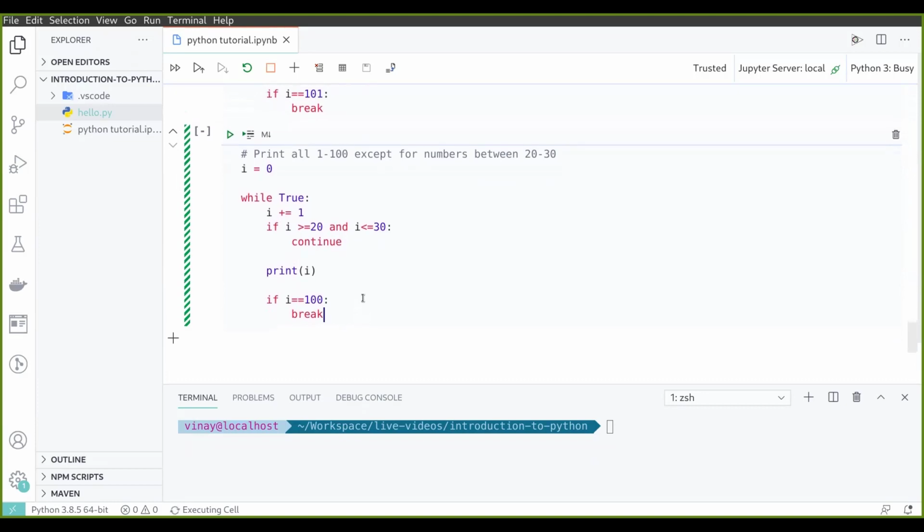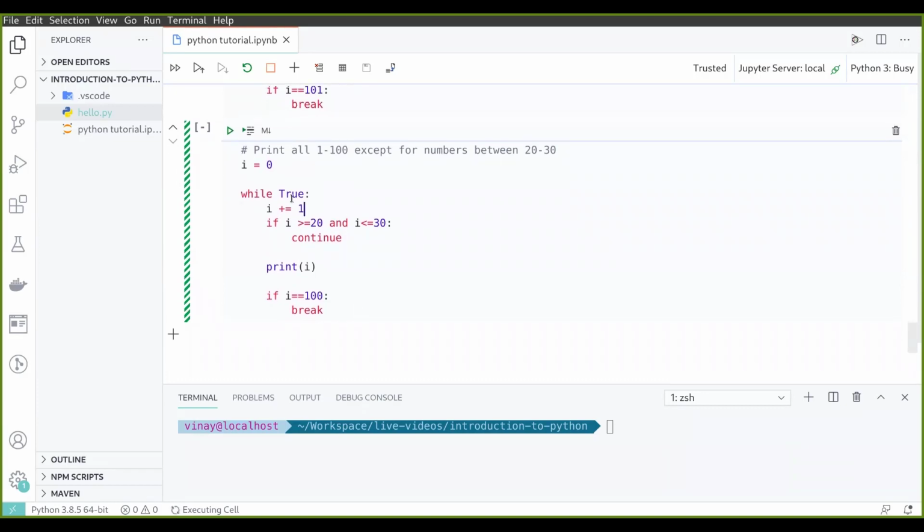So what we are doing in this particular code is we are starting, then we can see that this while loop is always true. So we are in a loop and we have incremented I. So I is now 1. Now this condition is false because I currently is not between 20 and 30. So we are printing it, and this condition is also false. So we repeat it again and again. Then we reach I equals 20 somewhere. Then we see that this condition is true.